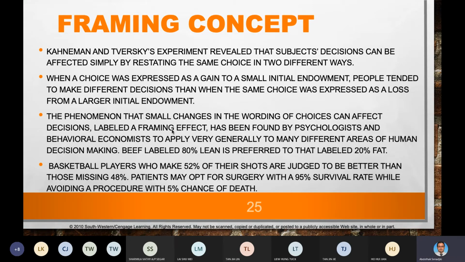Kahneman and Tversky, these two guys, their experiment revealed that subjects' decisions can be affected simply by restating the same choice in two different ways. So when a choice was expressed as a gain to a small initial endowment, people tended to make different decisions than when the same choice was expressed as a loss from a larger initial endowment. What does it mean? This phenomenon, that small changes in the wording of choices can affect decisions, is labeled the framing effect. It has been found by psychologists and behavioral economists to apply very generally to many different areas of human decision making, like